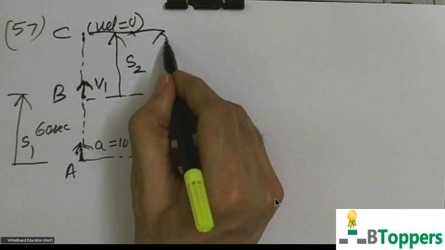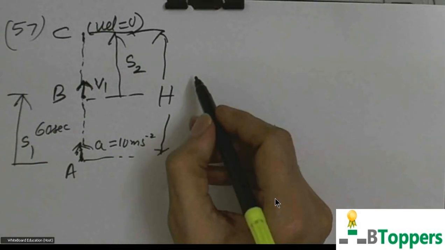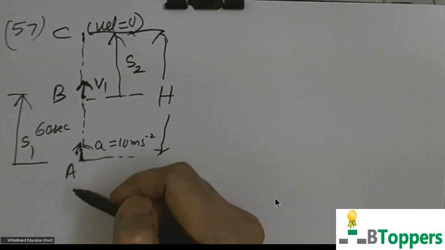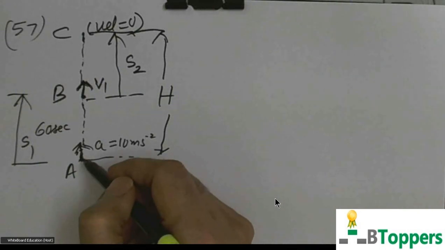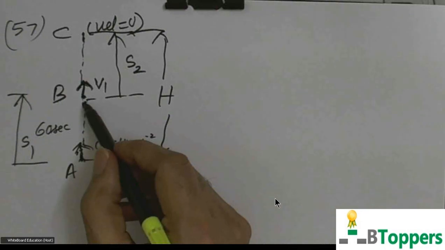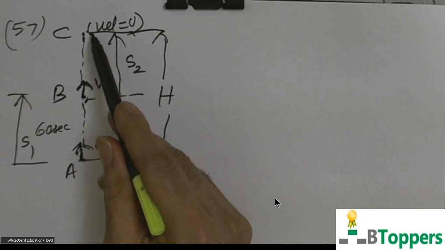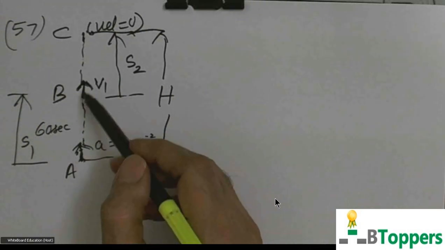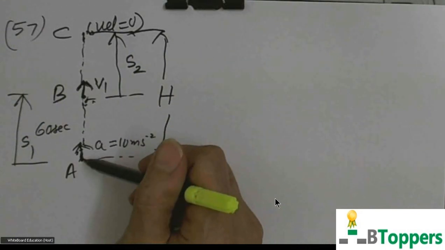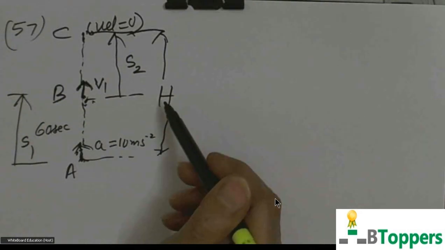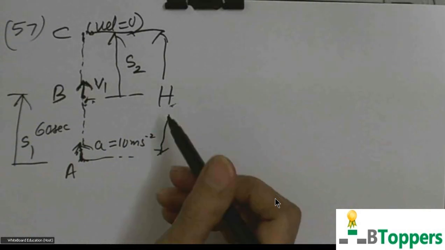So let capital H denote the maximum height reached by the rocket above the starting point. So the total time taken by the rocket to fall onto the ground after firing is equal to the first 60 seconds taken from A to B, plus the time of motion under the influence of gravity from B to C, that you can write as V1 by g, using the formula for time of ascent, u by g. Then the time taken to fall freely under gravity from C to A is root of 2H by g. Here capital H is the maximum height reached by the rocket above the starting point.